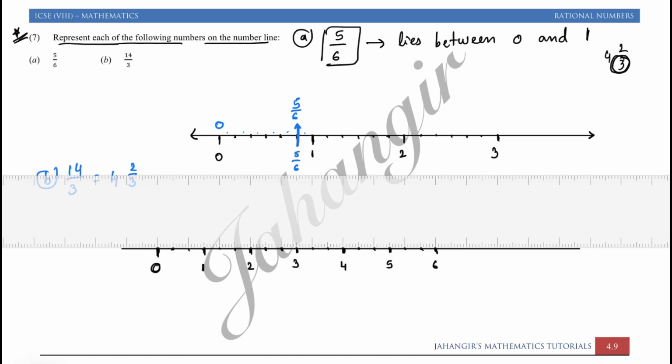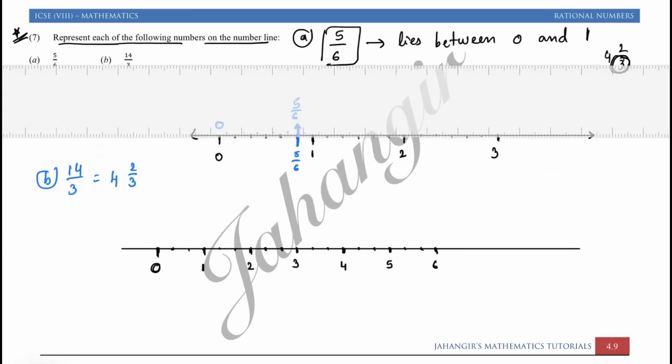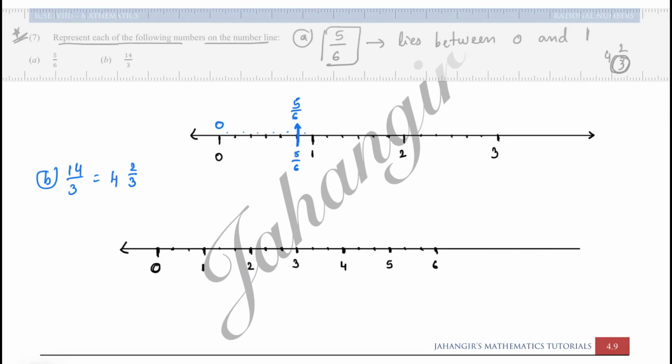Okay. You can just put arrows on both sides. If the line is longer, then you can even erase it and make it smaller if you want. Let me erase this.